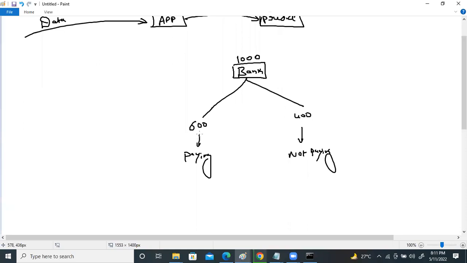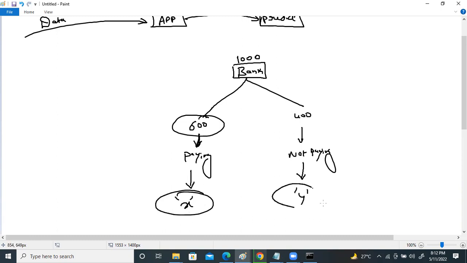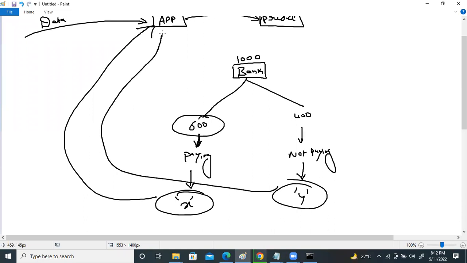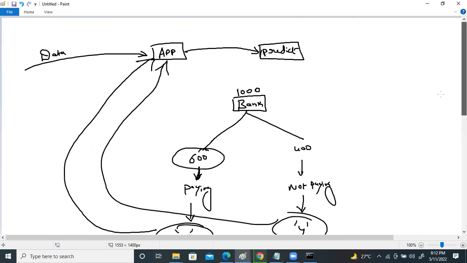How does it get trained? In a simple way, the 600 people who are paying have some common features. I'm grouping them as X features, like their age, their income, their financial status, all this grouped as X features. And those who are not paying have some common features. I'm grouping all those features as Y features. Using these X and Y features, I'm going to train that application. I'm providing the patterns to the application,